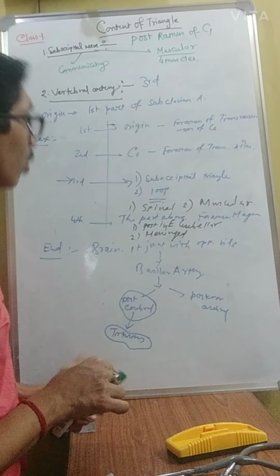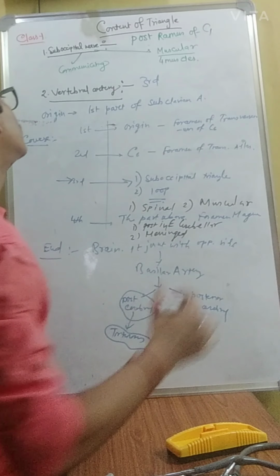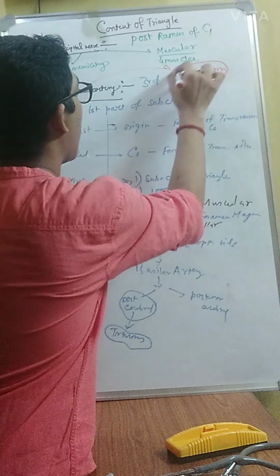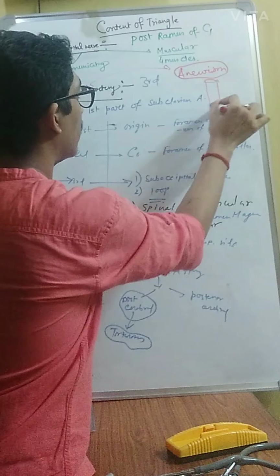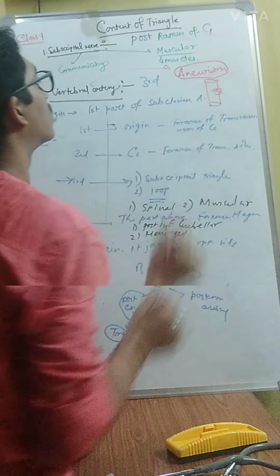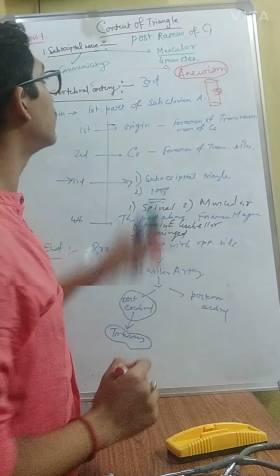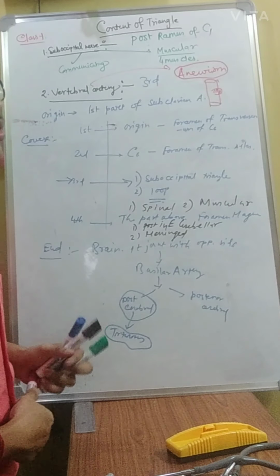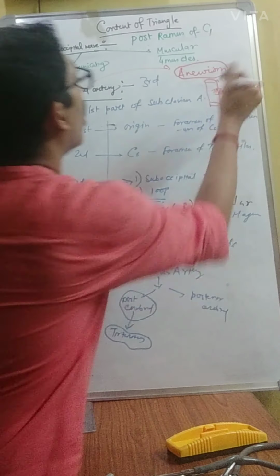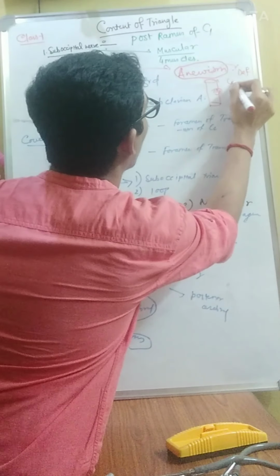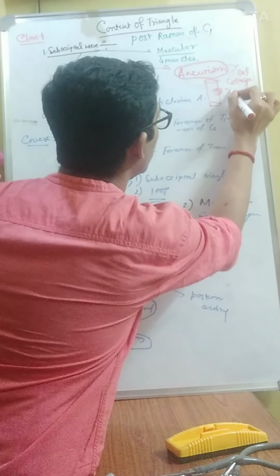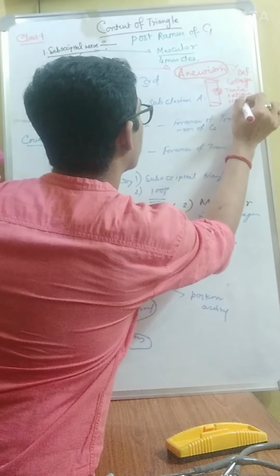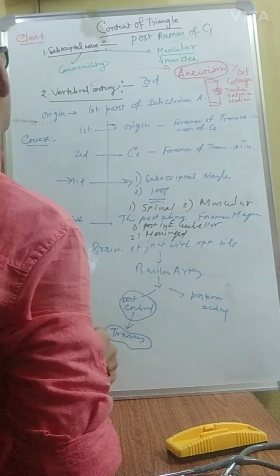Now the clinical anatomy of this vertebral artery is very important for aneurysm. What is an aneurysm? If this is your artery, an aneurysm is a certain outgrowth from the artery. This is very common in the vertebral artery. After the abdominal aorta, the vertebral artery is the most prone to this kind of aneurysm. Why? Because of the deficiency of collagen fiber in the tunica externa and media. So this is very important for the vertebral arteries.